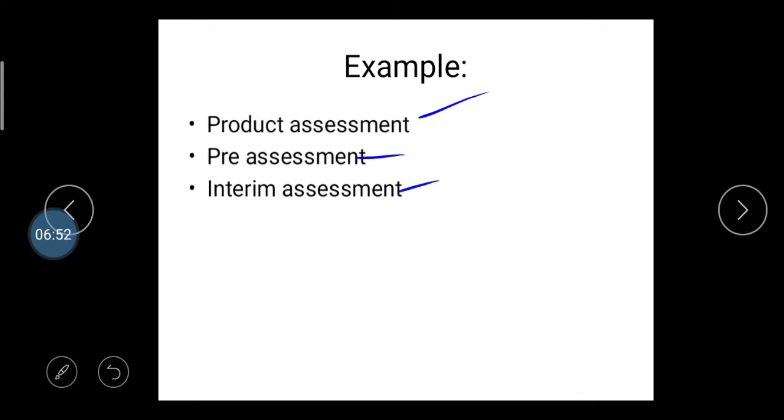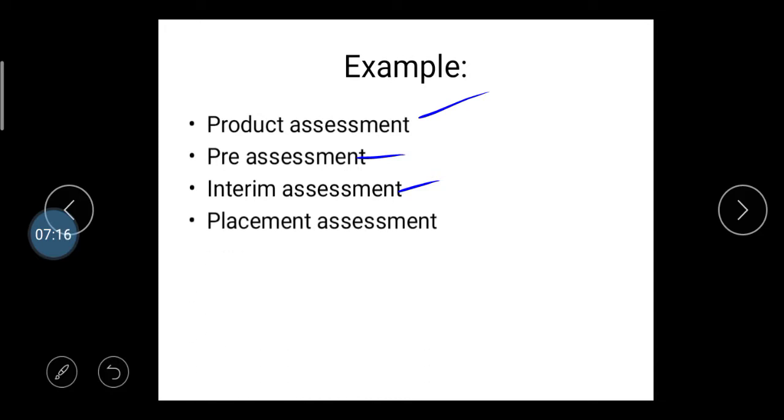interim assessment. In the organization, accounting work is always considered for one year, but before one year we can say they consider the six-month assessment, the half yearly, quarterly assessments, which we consider as interim assessment. Then after